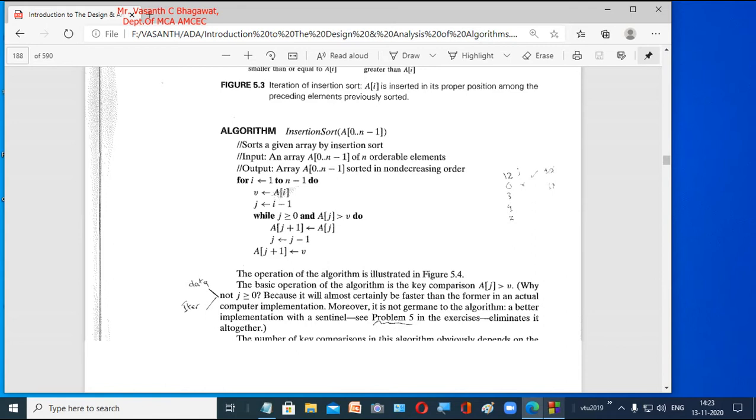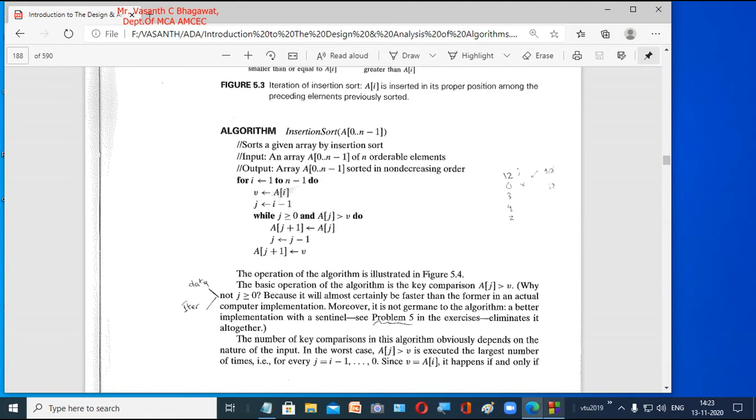Now practically, when we want to implement this algorithm, just look into the algorithm. You are given an input array A from 0 to n minus 1, where n is the size.